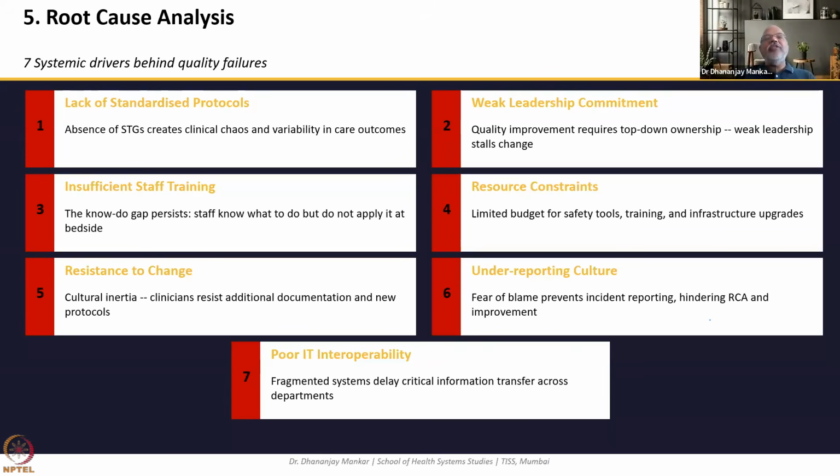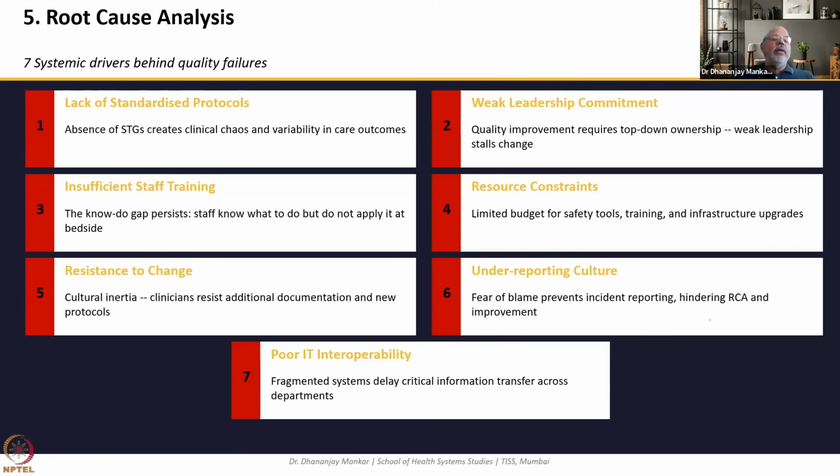The second is weak leadership. Weak leadership we have already spoken about, where the inclination from the leadership should be there to close the quality improvement gaps which the hospital is facing. It should be the top-down approach rather than the down-top approach, where the reason is seen in ownership, and weak leadership stalls change but tries to make things weaker and weaker, which will ultimately give the hospital a lot of failures, or even a change in leadership, or the hospital may get acquired.